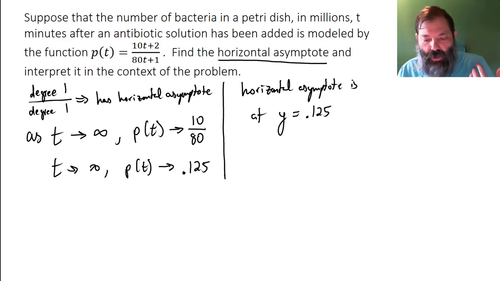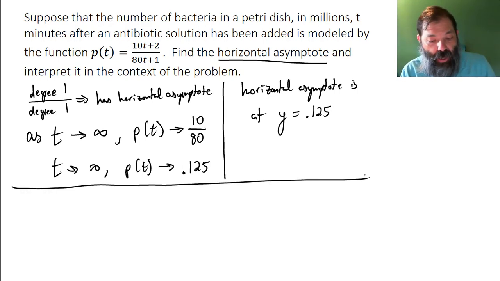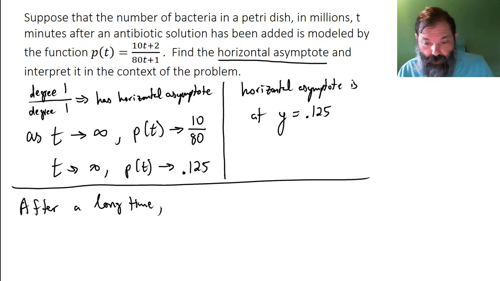What is it telling us? It's telling us that the output for the function is approaching this number as t, as our input, becomes very large. T is in minutes. All right, so what we could say is, after a long time, what is happening? The number of bacteria is approaching